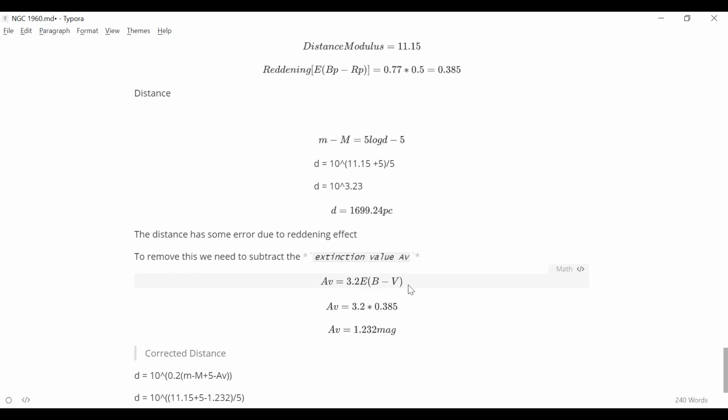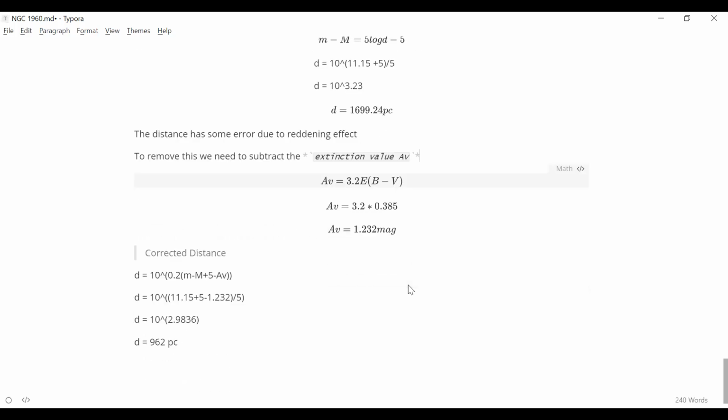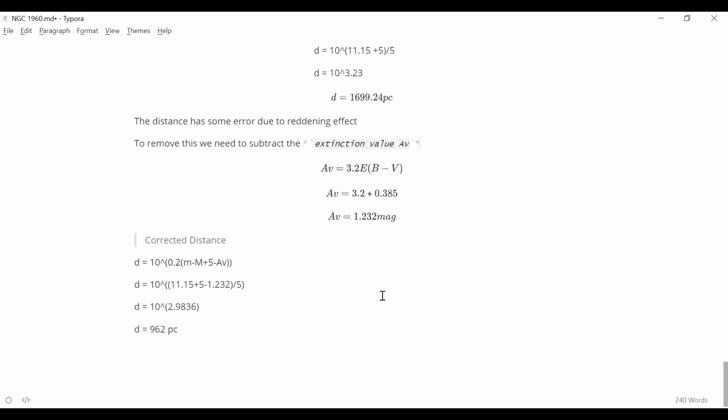But this is AV, right? No, ma'am, in the AG formula I can use EB minus V. It doesn't make a difference. What you have to do is, the EB minus V you use for x and y will be the same. So you determine the value from the x-axis, and that's the value you'll use for the y-axis. And then you will get out the distance.